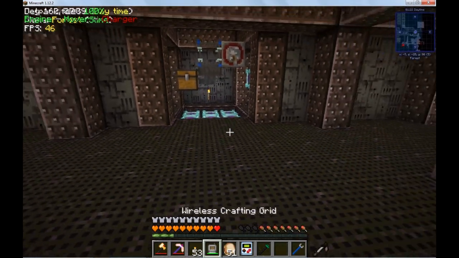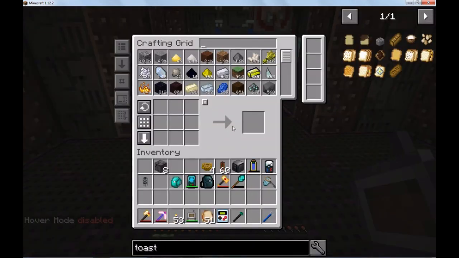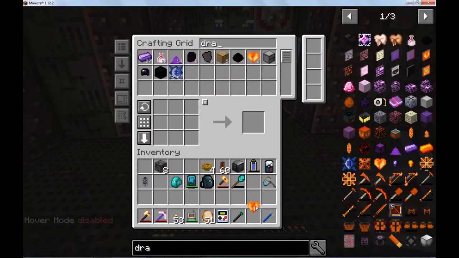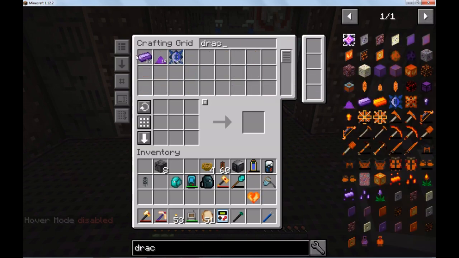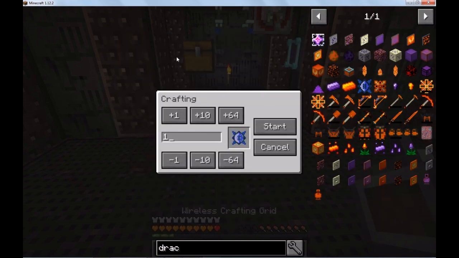I just made this thing I showed off, I believe. Like I said, it's been a couple days for me, so if I've already shown this off, I apologize. So let's see, if I recall correctly, that's a Dragon Heart, Draconium blocks. We're going to need 4 of them. 1, 2, 3, 4. We're going to need 4...